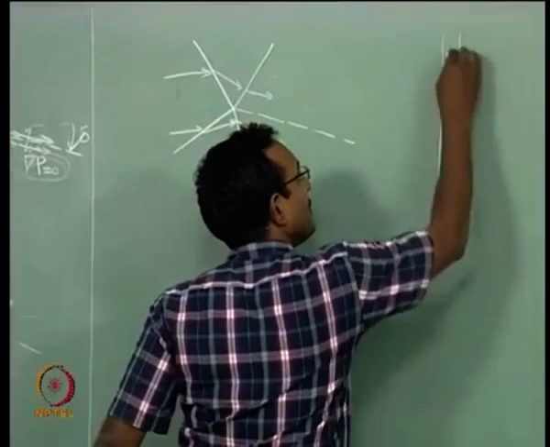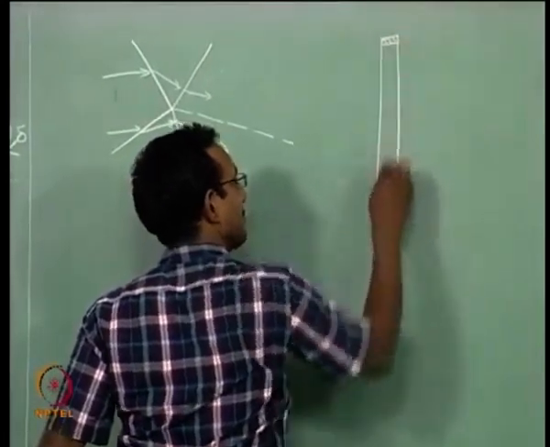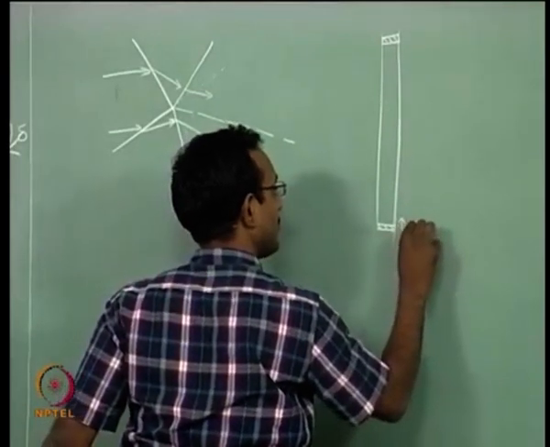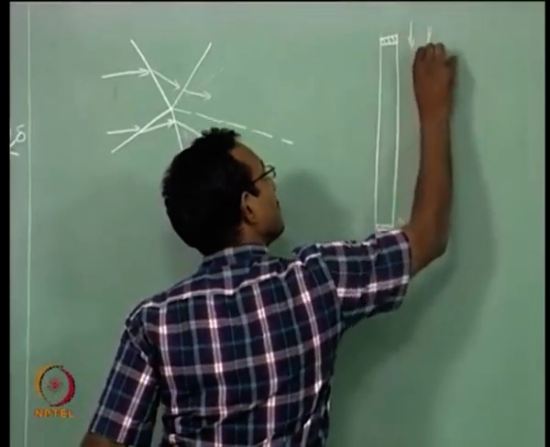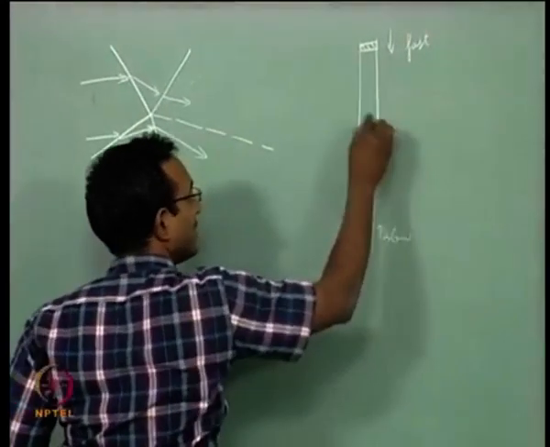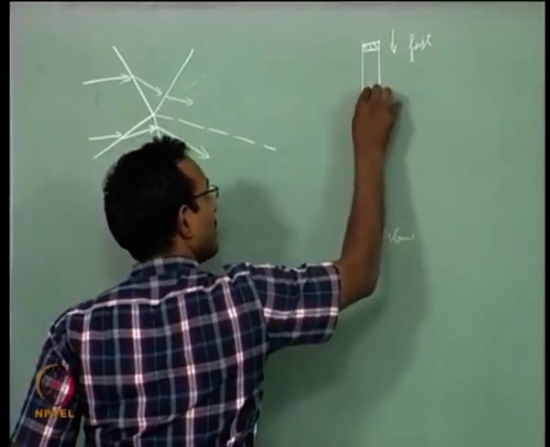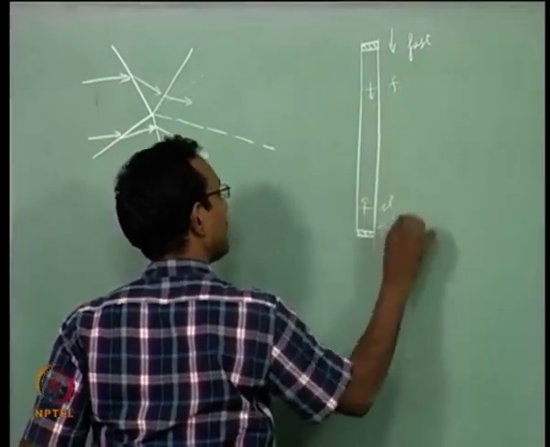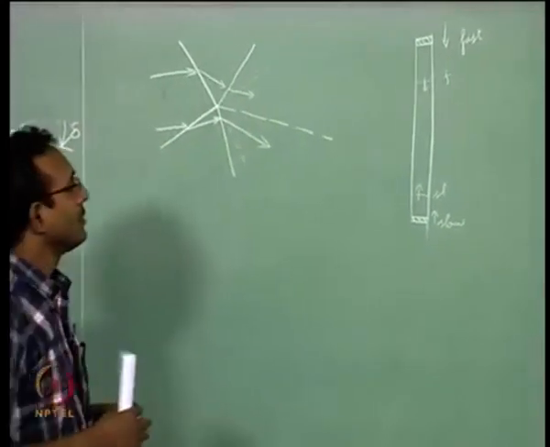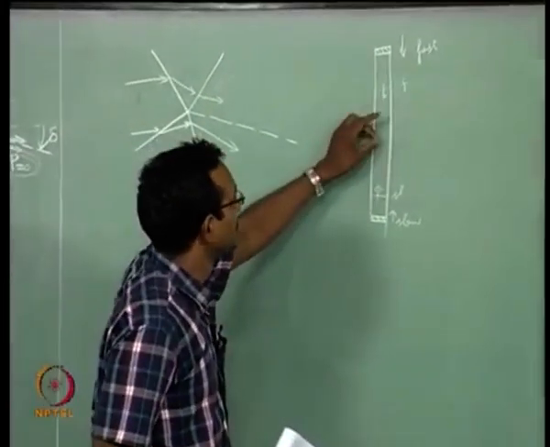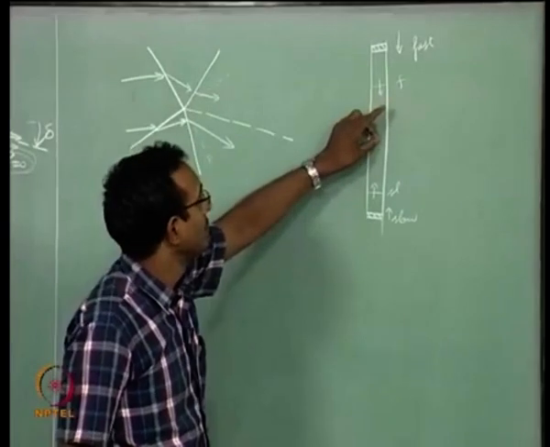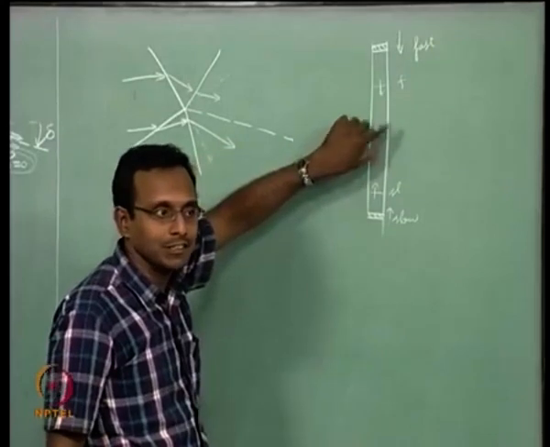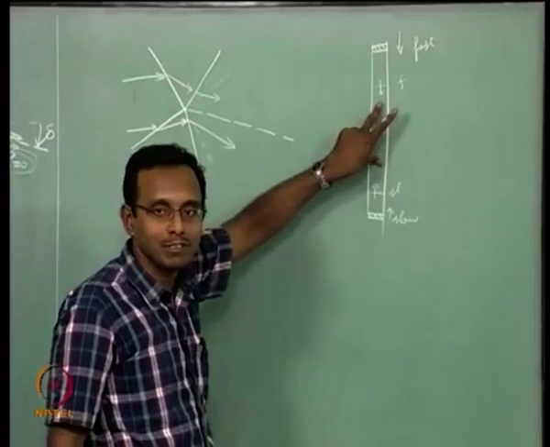I have this column, there is one piston, there is another piston, this is going up slowly, this is coming down fast. If that is the case, then there will be a shock coming, this will be fast and this will be going up slowly. This is what will happen. Now, till these two shocks touch each other, come to the same point, the gas that it is going to go through will be the stationary gas in this world, which will be at one initial temperature.